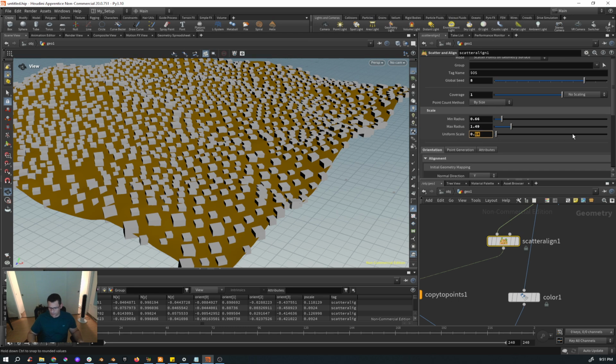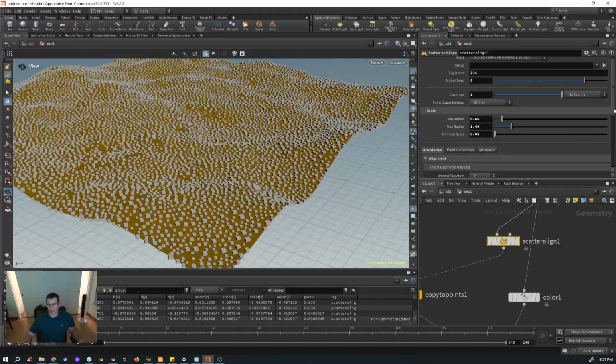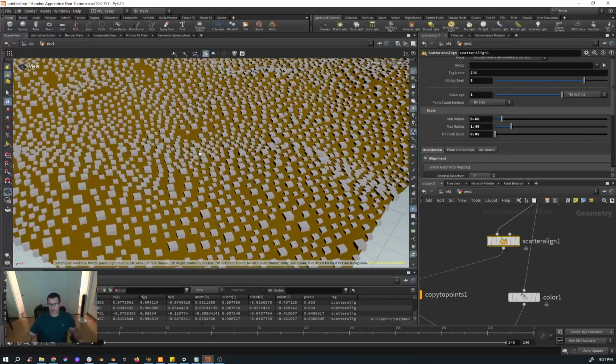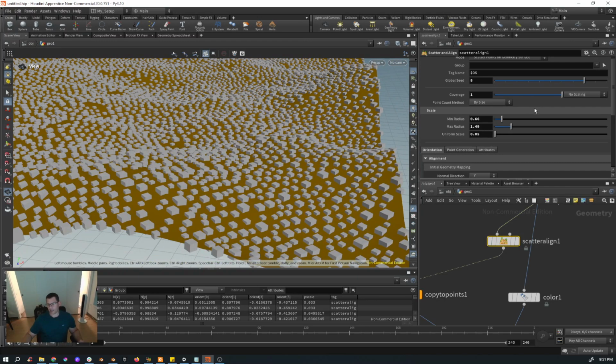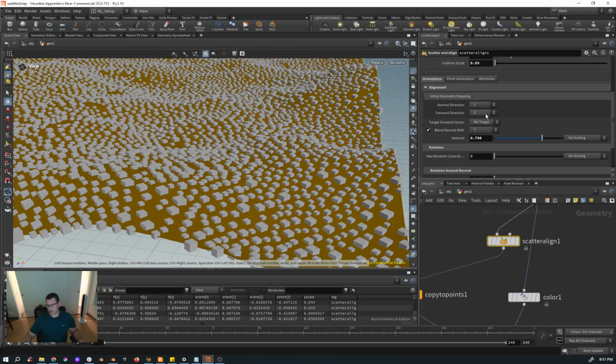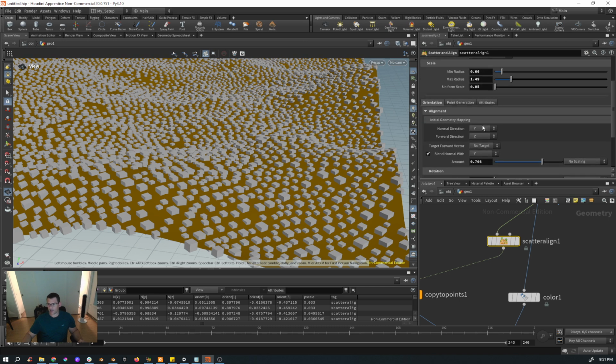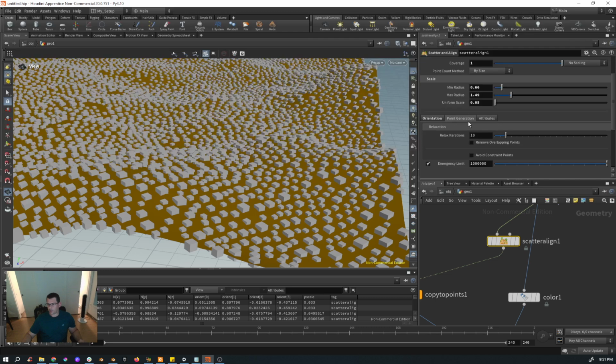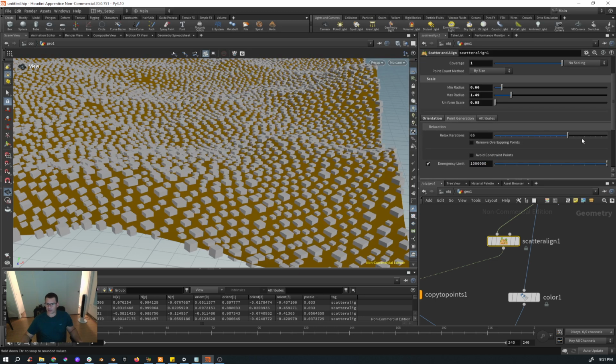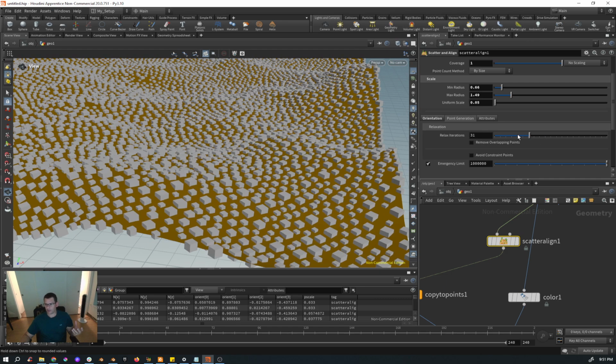Okay, so if you put, for example, 0.5, look at that. You see, you have a bunch of points, but none of them are really intersecting between them. Okay, so you can go here and remove the points that are overlapping. The points that are overlapping other points, you can relax the interactions so they become more even, close together,